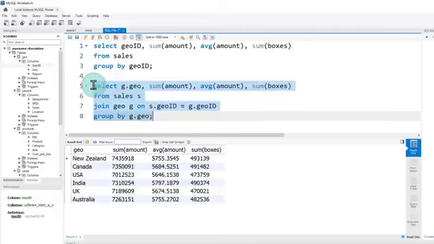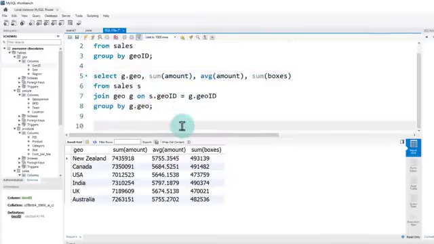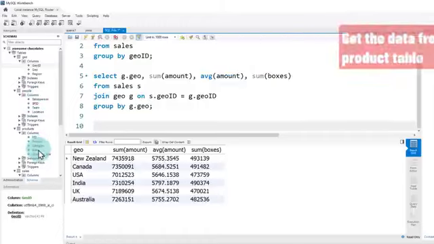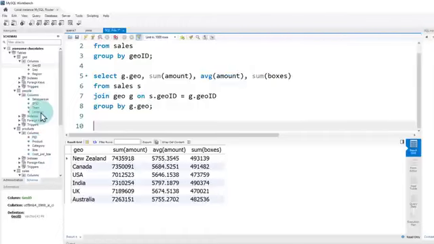You can group at a single level, or you can create multiple level grouping, just as you can put multiple items into the row labels area of a pivot table. You can do the same with this as well. So we're going to try one more grouping here. For the purpose of our second grouping, we are going to look at the people table and then get the data from the team as well as the product table and category. So we want to see what is the total amount that is coming in from a team and a category, and then understand that. So select